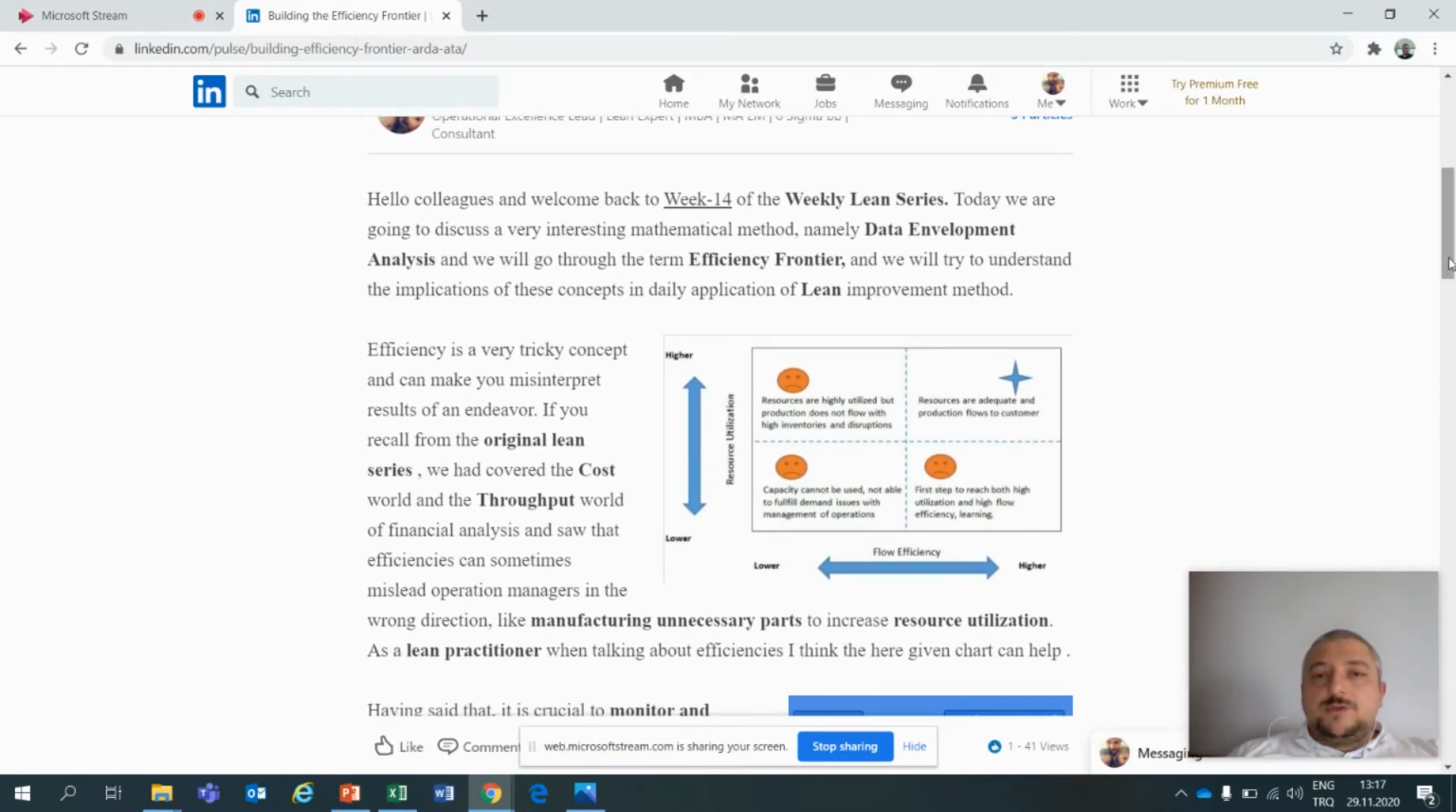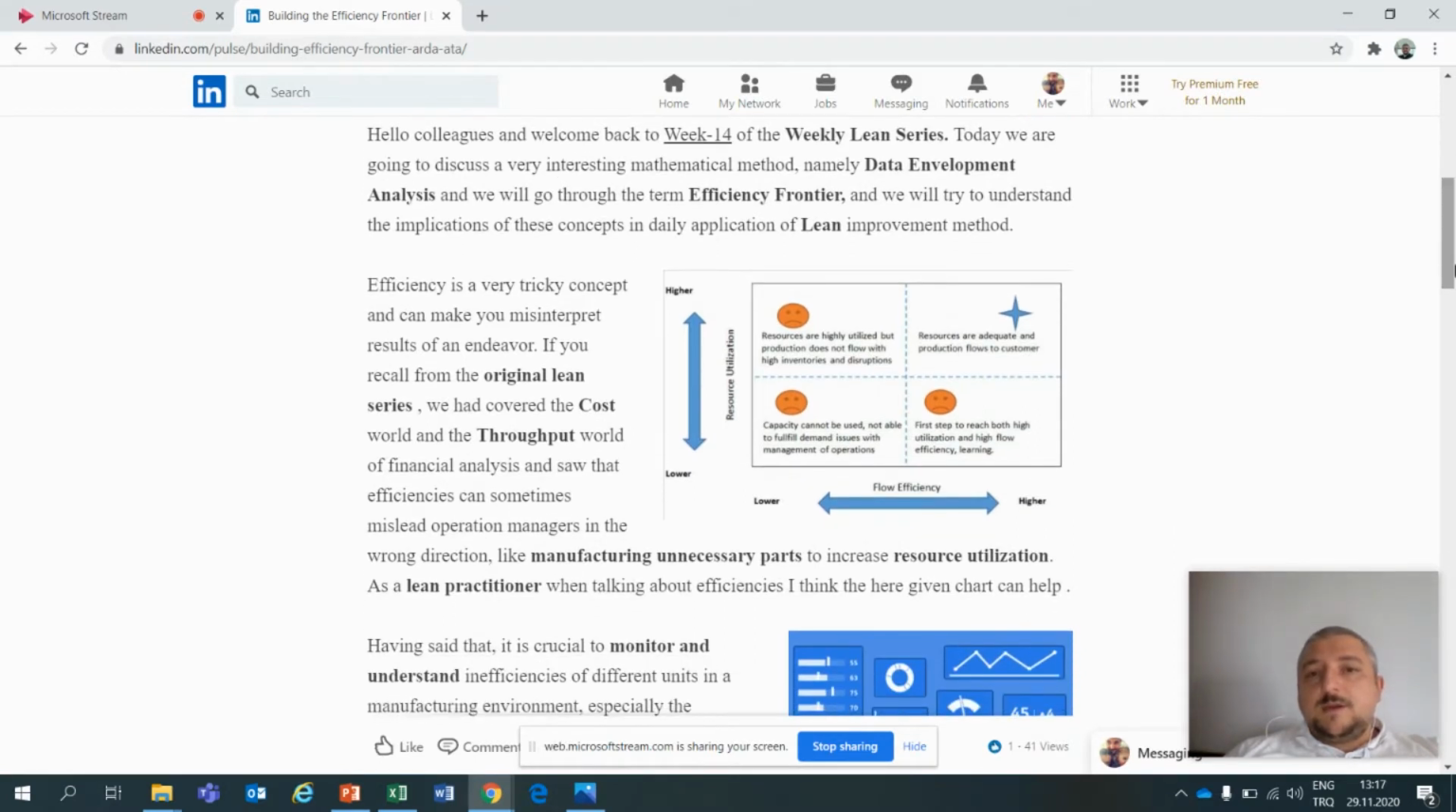So before I go too much into the calculations, I just want to mention a little bit about efficiency, which is a tricky concept. As you may remember from the original Lean series, we covered the cost world and the throughput world, and there were differences between these two points of view in terms of financial analysis. Sometimes, especially from the cost point of view, there can be incorrect decisions from operational leaders regarding efficiencies. For instance, if you want a high amount of resource utilization but you do not have flow efficiency,